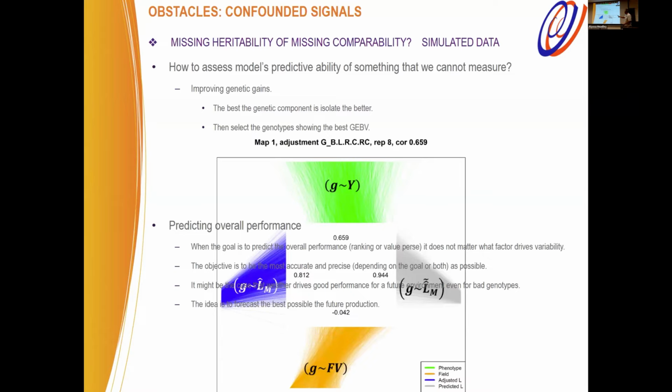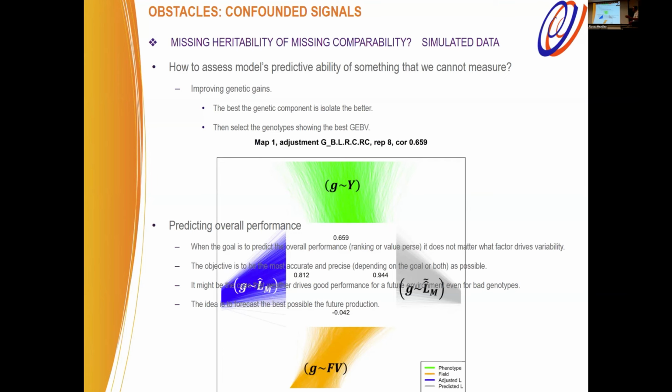For some reason it's not working, but in this plot, whatever we have in the inner square corresponds to the actual breeding value. At the top, we have the correspondence between the actual breeding value and the phenotypes. And you can see there you have many crosses. The correlation between the actual breeding value and the phenotype is 0.65. At the bottom is the correspondence between the breeding value and the field variability. And as I said before, there is no reason to think there is a specific correspondence. So these are assigned randomly.